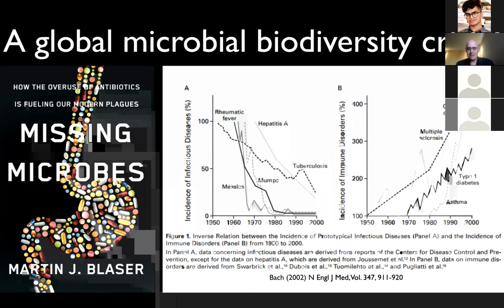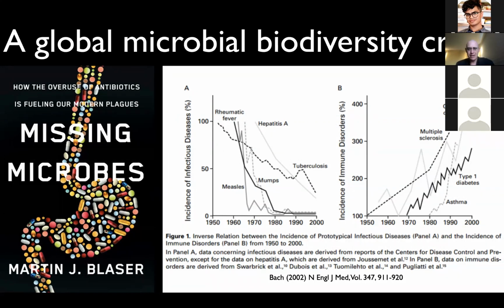And what's most amazing is that in 2002, when these graphs were published in the New England Journal, none of those diseases was known to be linked in any way to the microbiome, whereas today we know that all 4 of those and dozens of others are not just associated with the microbiome in humans, but we can cause or cure analogs of those diseases in animal models, thus establishing causality.